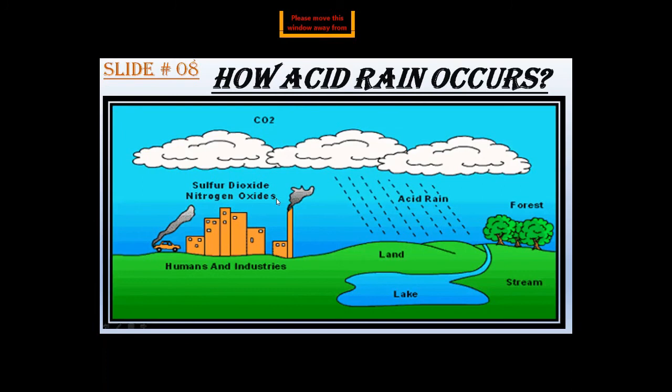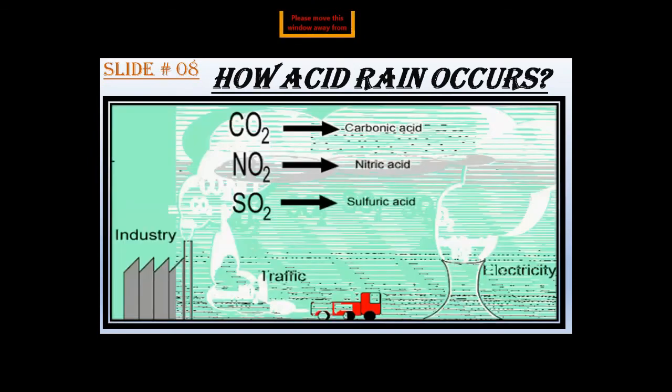So what are the causes of this acid rain? These three compounds: carbon dioxide, sulfur dioxide, and nitrogen oxide. When the rain starts, it will damage the land, crops, trees, buildings, and statues, and also cause breathing problems and lung problems inside the human body. So there's some animated picture. I hope it is clear.